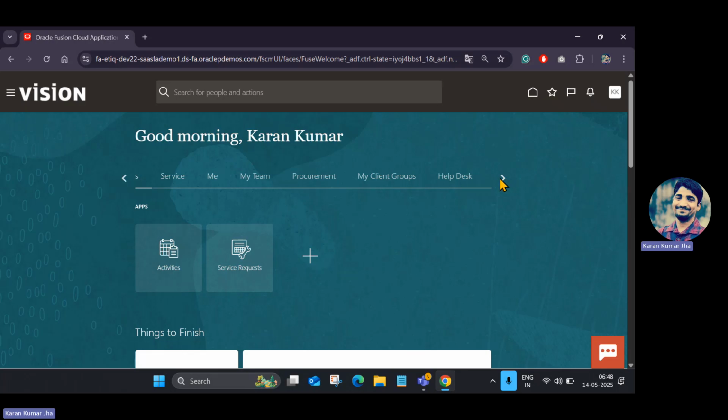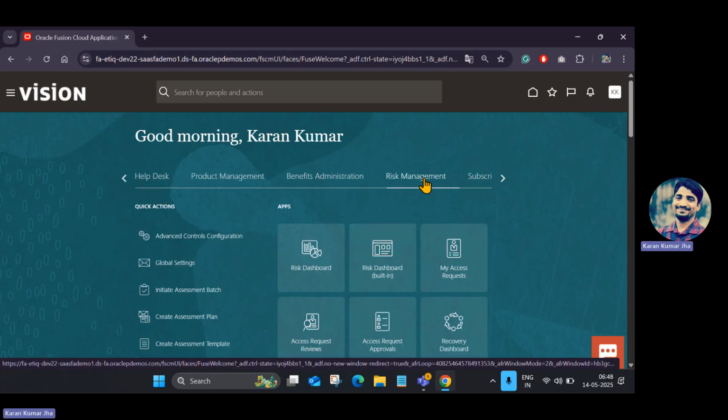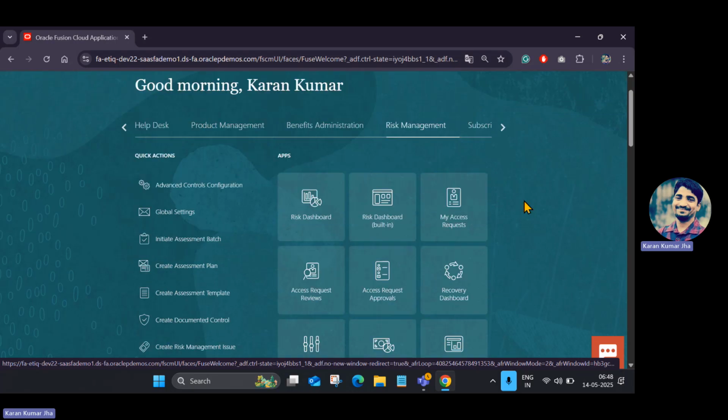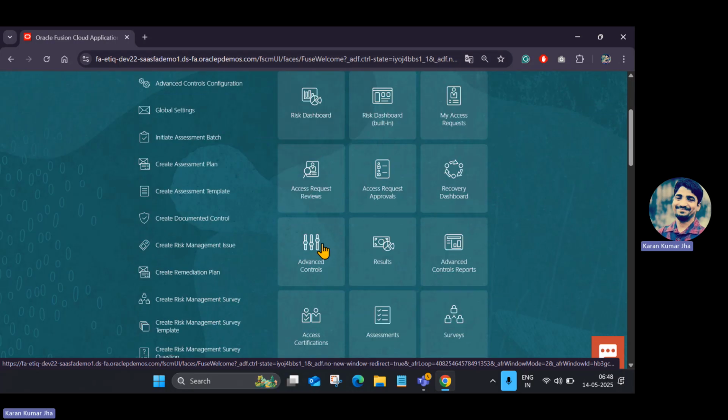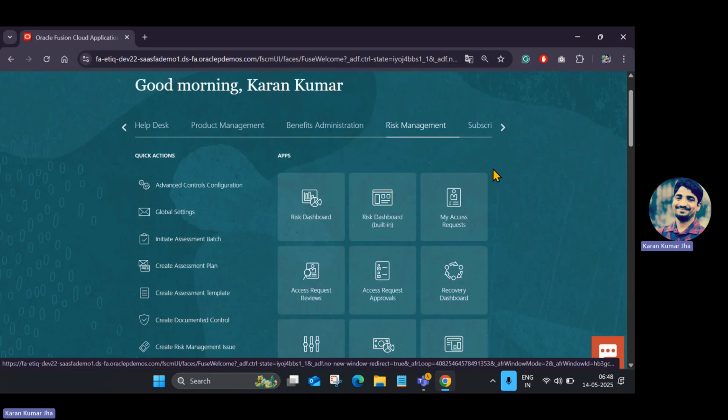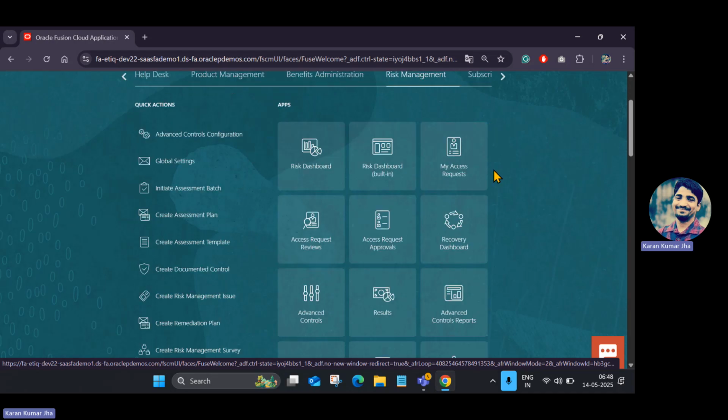So, moving on to risk management. When you click on the risk management work area, you can see advanced controls, risk dashboard, and my access request. These are all part of the risk management work area. Today I'm going to cover